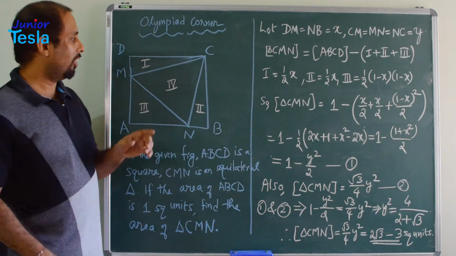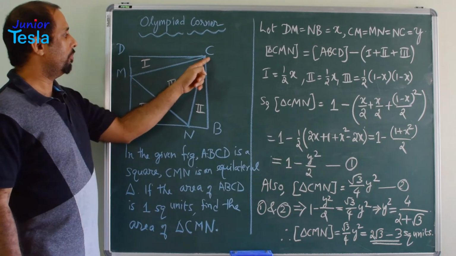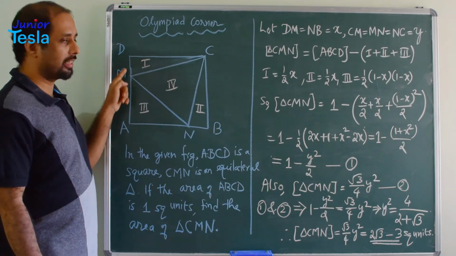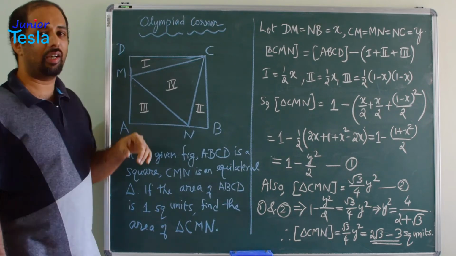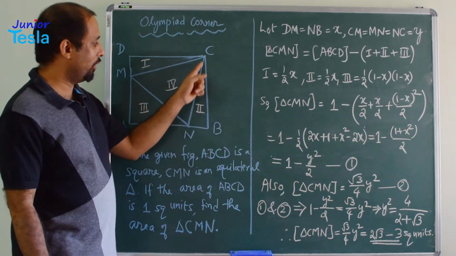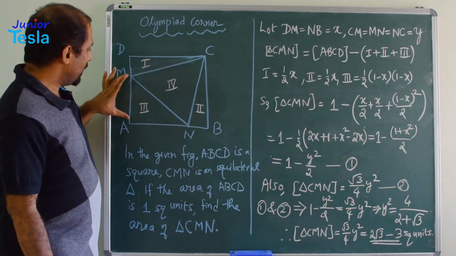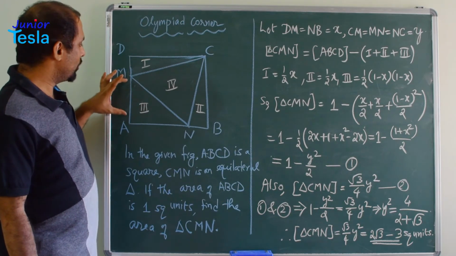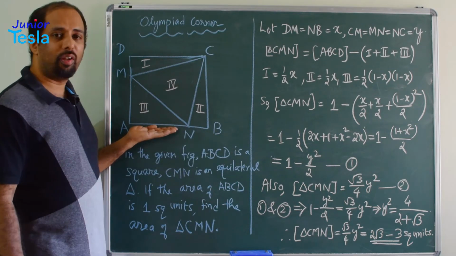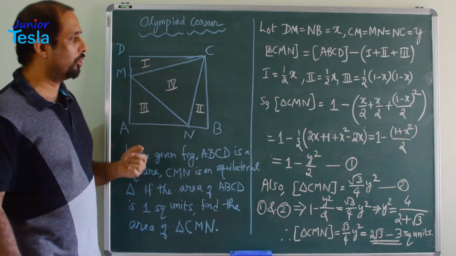The first triangle, all the three parts are triangles. So this triangle's area is equal to half into base into height, right? So it is half into 1 into x. Since we have taken this as x, it is half x. Similarly, this triangle is also half x, because half into 1 into x. And what is the area of this triangle? The total length is 1, and this x is removed, so this is 1 minus x. Similarly, the total length AB is 1 and x is removed, so this length is 1 minus x.